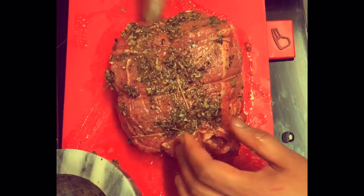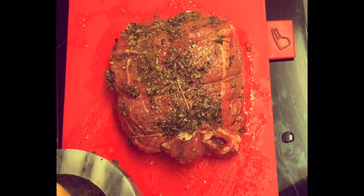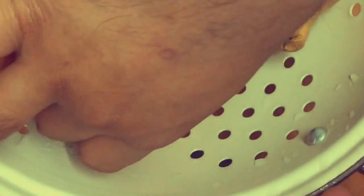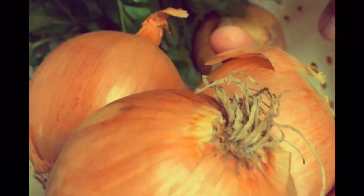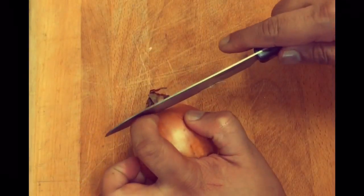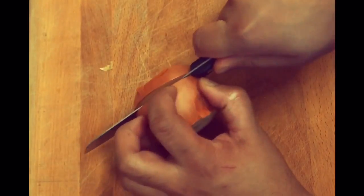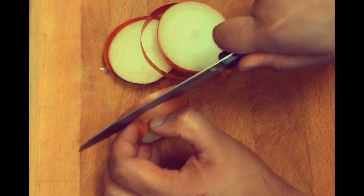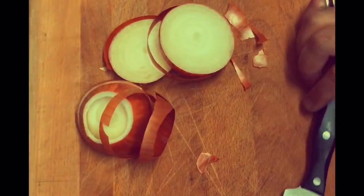So I'm just adding the marinade throughout the entire surface area of the beef, and then placing it to one side. And I'm going to turn my attention now to the onions. So I've given my onions a bit of a brush just to get out any dirt. If they're really terrible, you could actually peel them completely, but these weren't too bad. So I'm keeping the peel on purpose because the peel actually gives a little bit of depth of color to the end gravy. So I'm slicing them into 1 centimeter